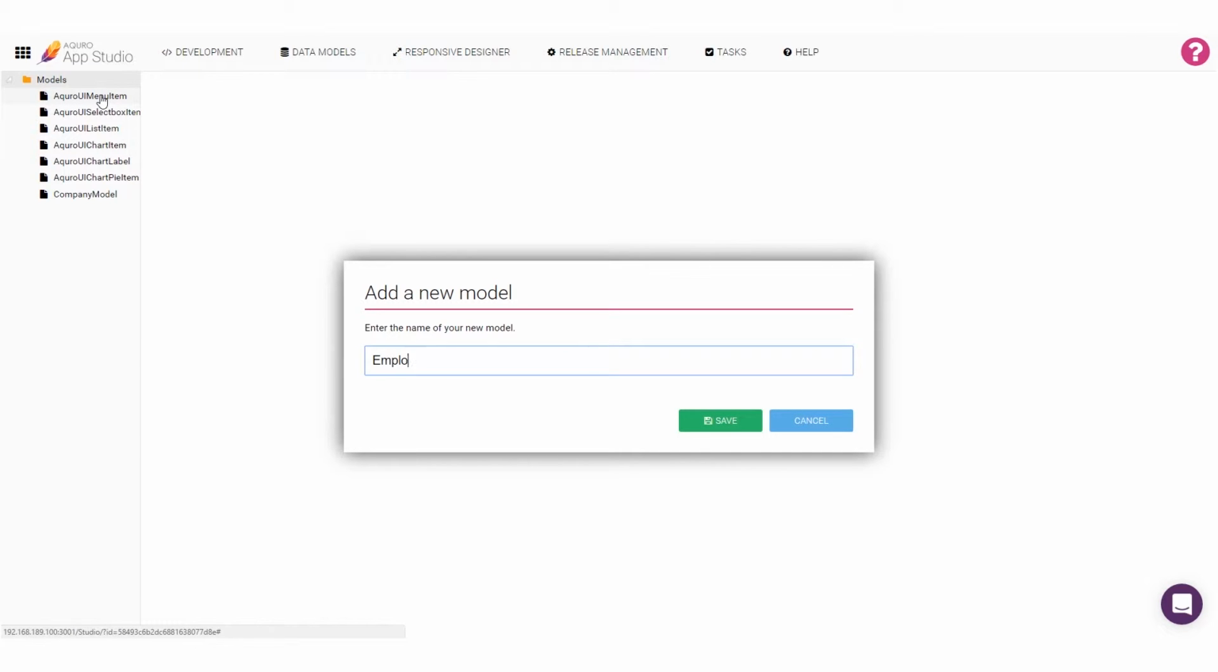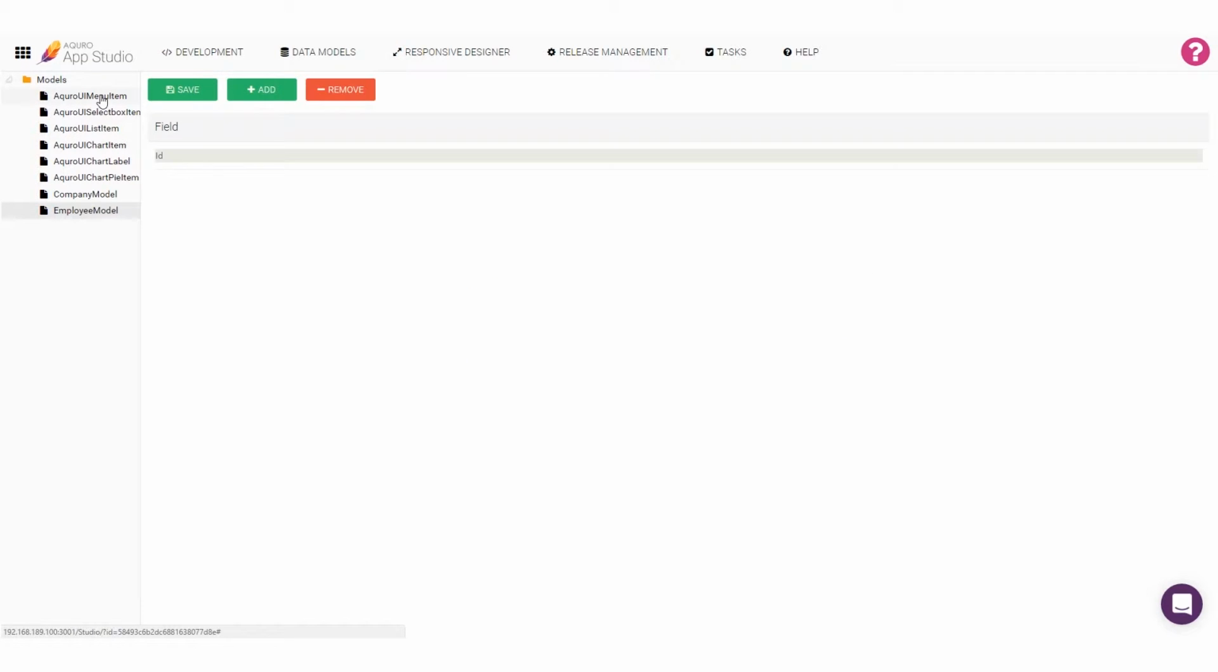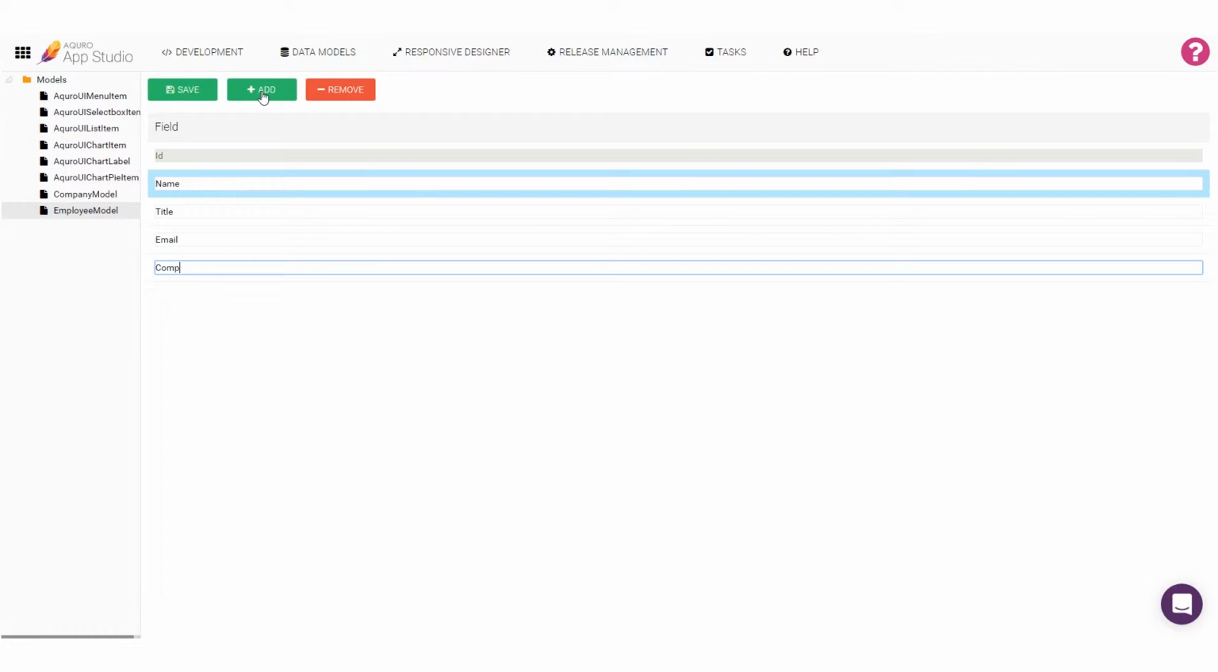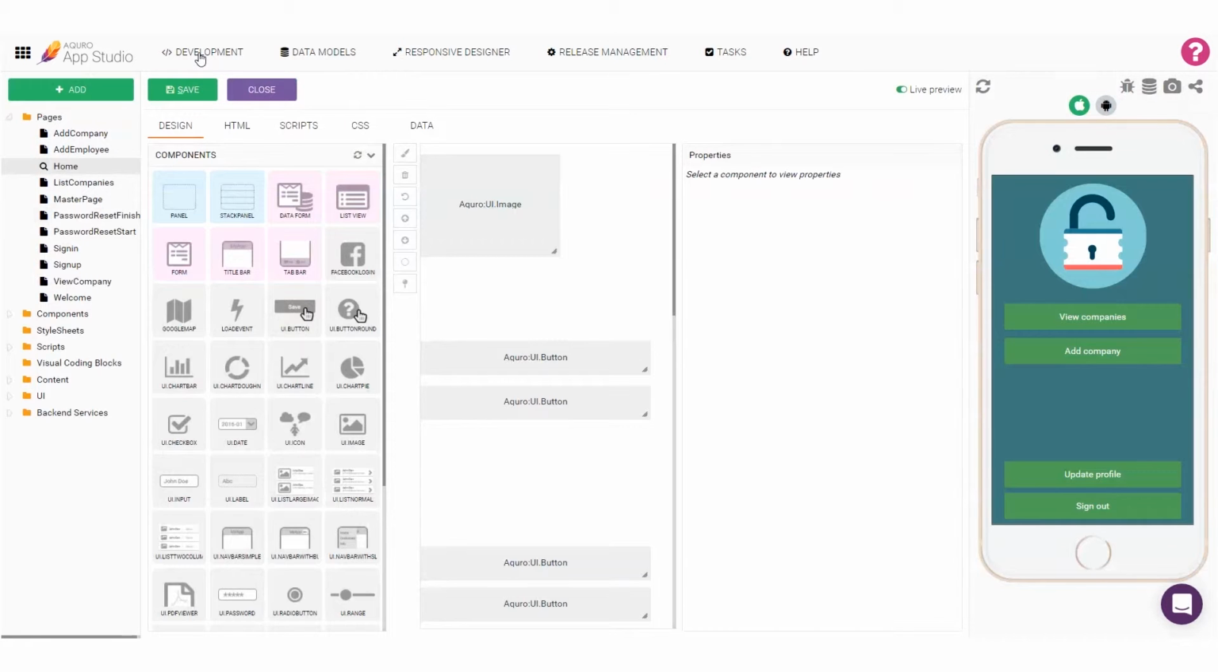I'll call this model Employee Model and add fields for the name, title, and email. Finally, I'll also add a field called Company ID, which will be used to associate the employee to the company he's currently at. Once the model is saved, I can head over to the development area and go into the